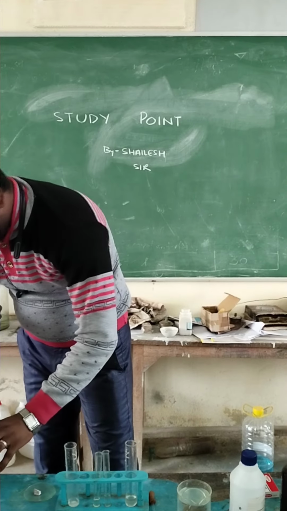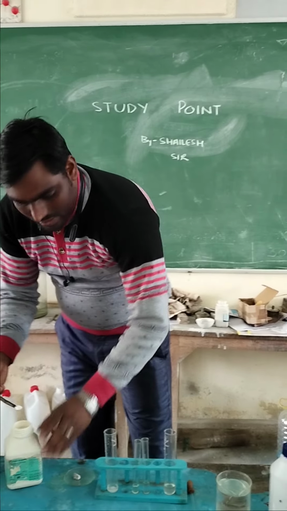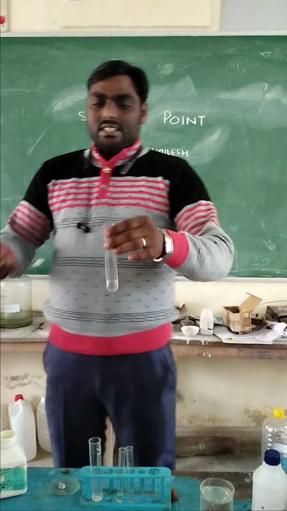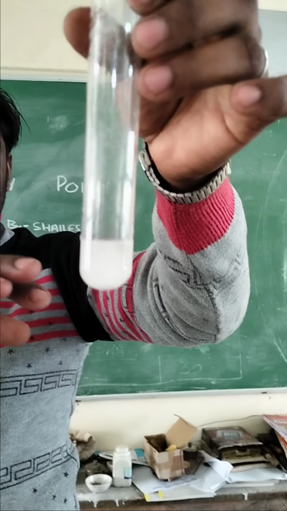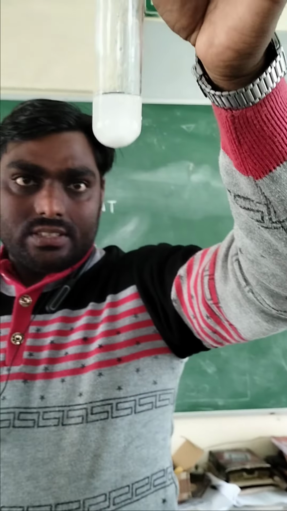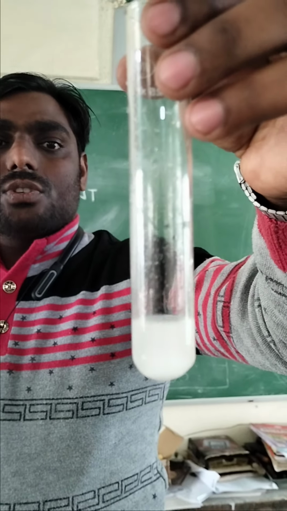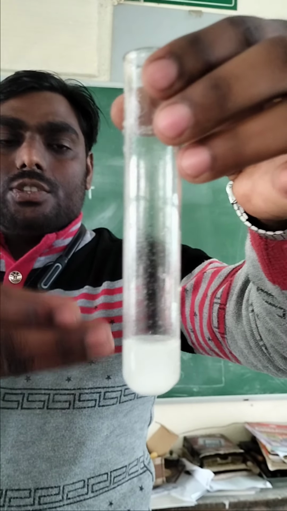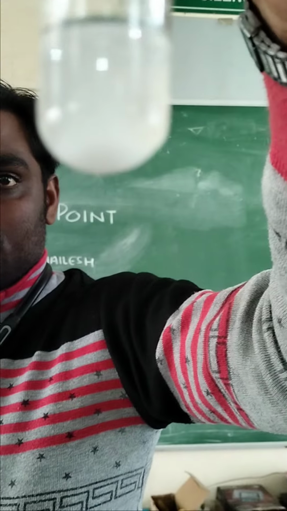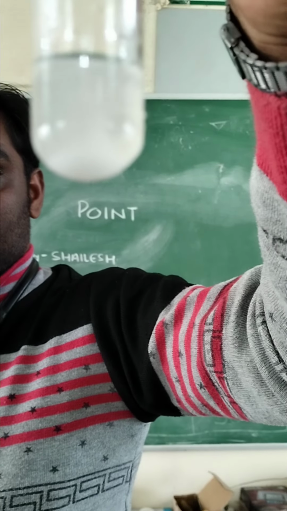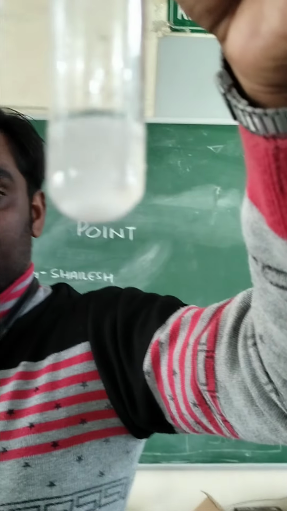Now if we take this sodium hydrogen carbonate and react it with acetic acid, just see, it reacts with acetic acid to form salt, water and CO2 gas. Just see, the reaction is going to be performed, and CO2 gas is evolved with brisk effervescence. Formation of CO2 gas has taken place.